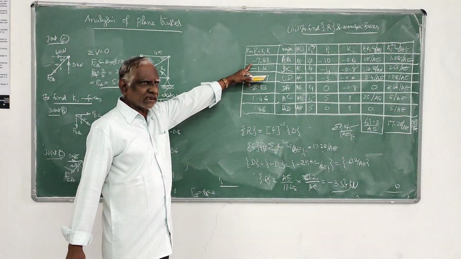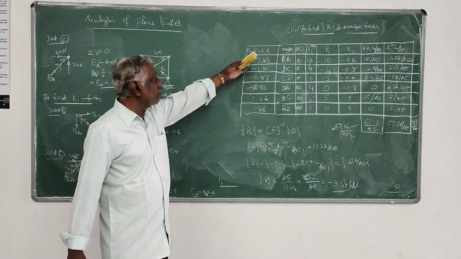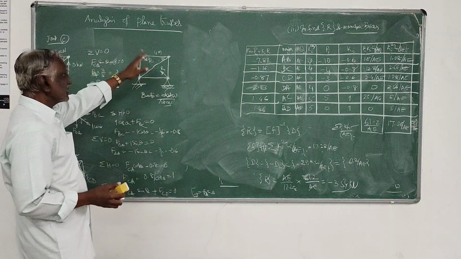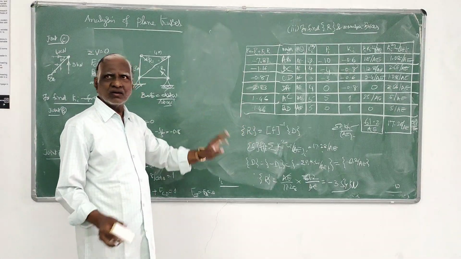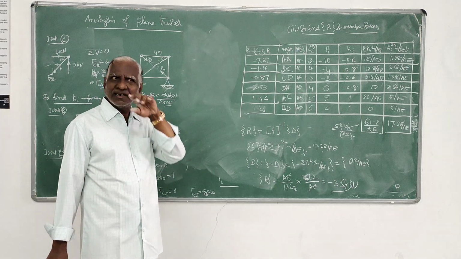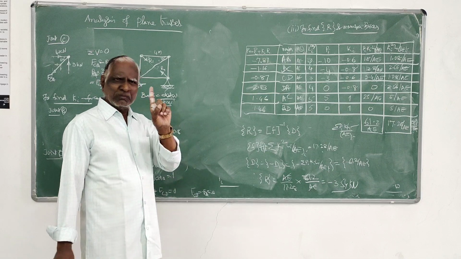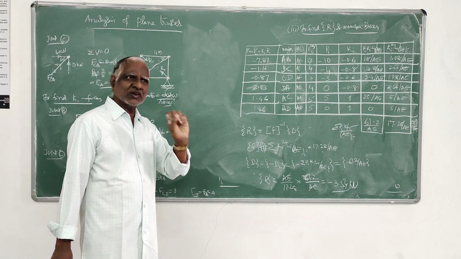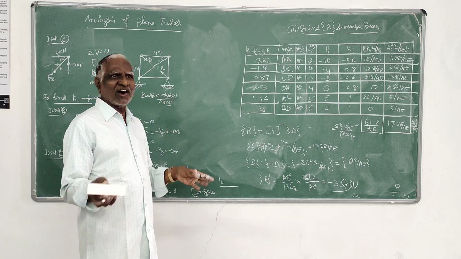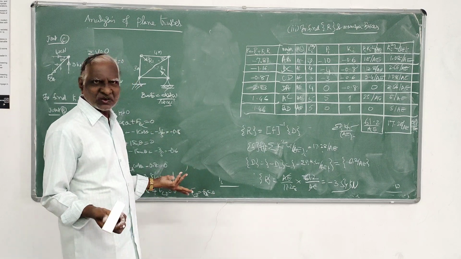Minus indicates compression, plus indicates tension. 3 tensile force members, 3 compressive force members. This completes the analysis of all 6 member forces. This is about the flexibility method of analyzing the truss. Any truss, you know the amount of work involved. So maximum one redundancy, if it is there, you can attempt, you can finish it in about half an hour. Otherwise, try to avoid it if possible. Otherwise, if it is compelled, you have to do it. There is no other go.